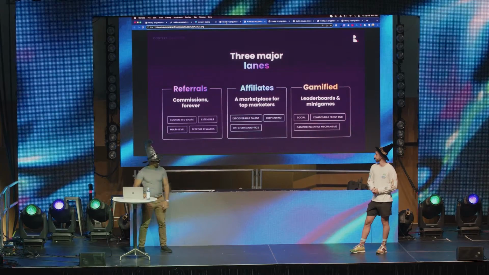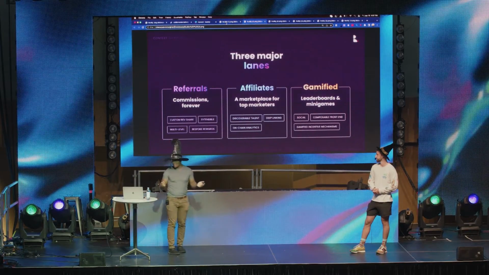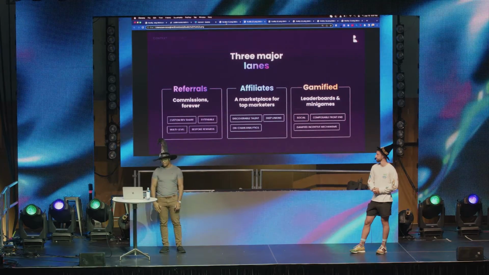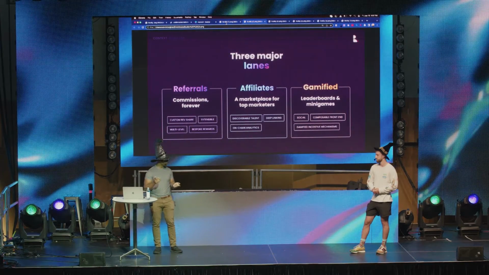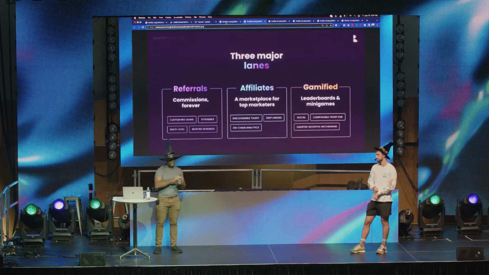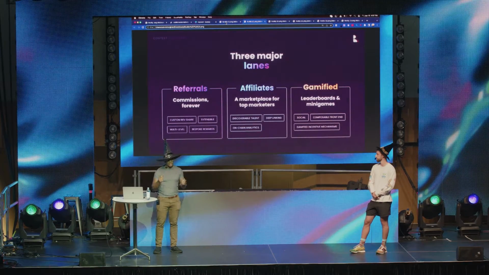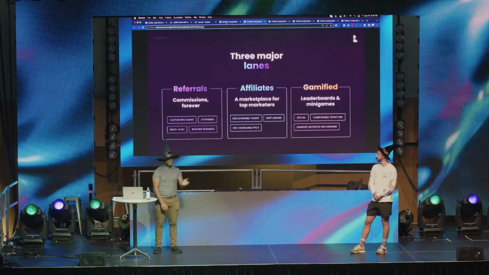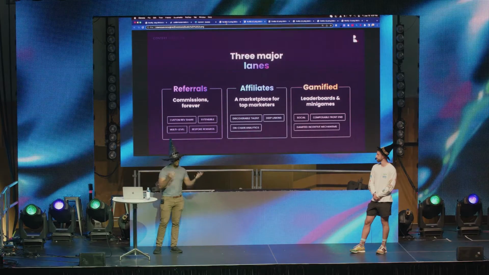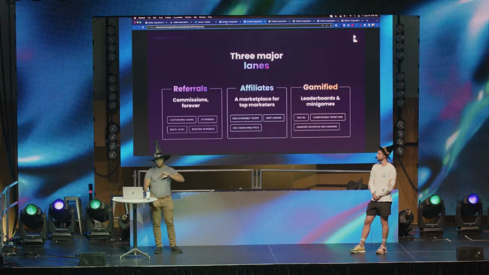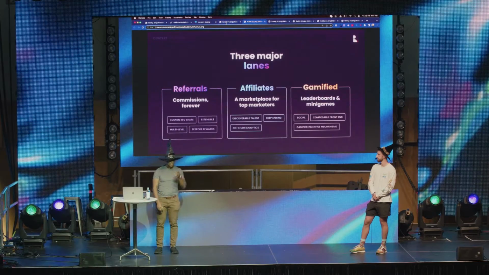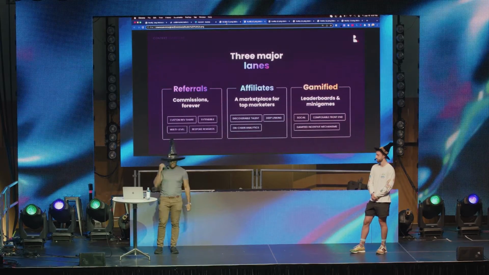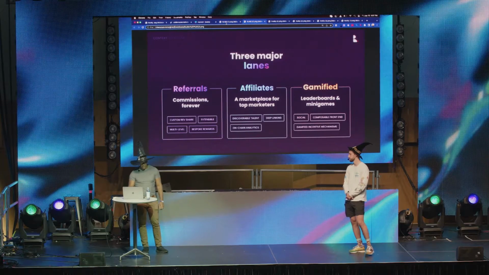I'll jump in. So obviously with a referral system, there's going to be different lanes. Of course, it's going to start off as a very basic referral system. But what it does allow you to do is take basically any SPL token transaction fee on any action of any kind of revenue generating function call and just pipe through whatever you want as a percentage or any reward for your users to the BuddyLink network, and we'll take care of the rest when it comes to claiming and transferring up. But as an overview here,